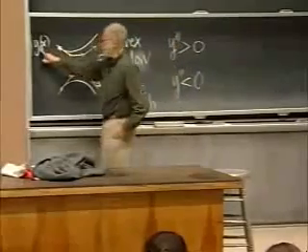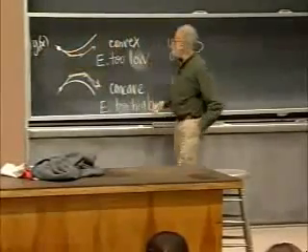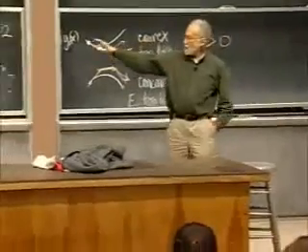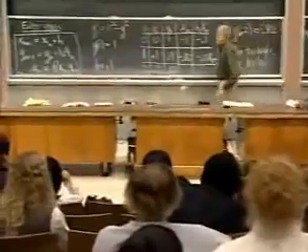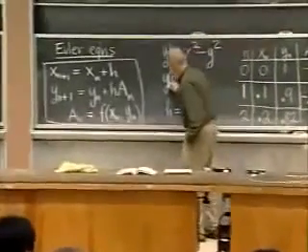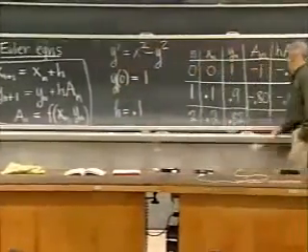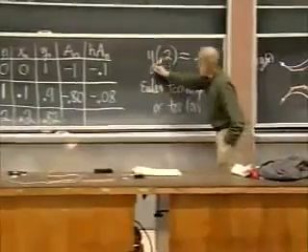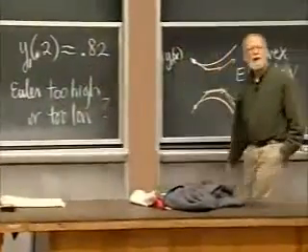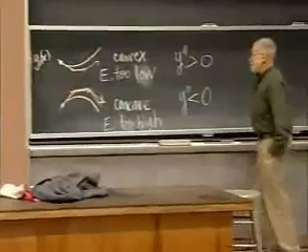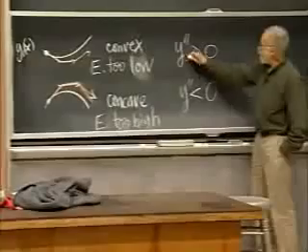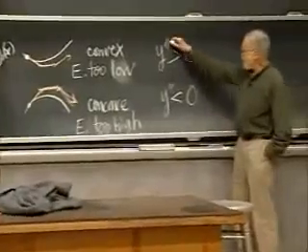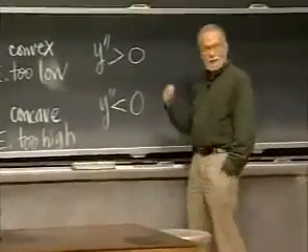We should probably call it a solution. y of x is a little too vague. y1 means the solution that started at this point. So probably it would have been better from the beginning to call that y1, except there's no room. y1, let's say. That means the solution which started out at the point 0, 1. So I'm still talking about a solution like that. All right. So I want to know if the second derivative is positive at the starting point 0,